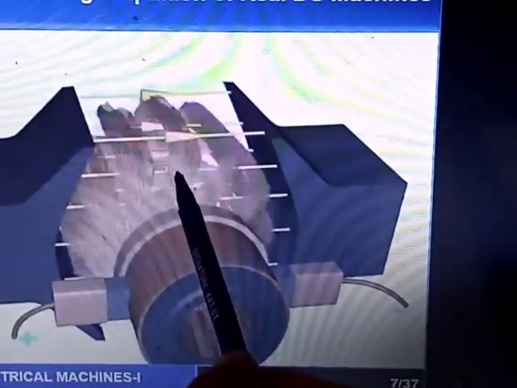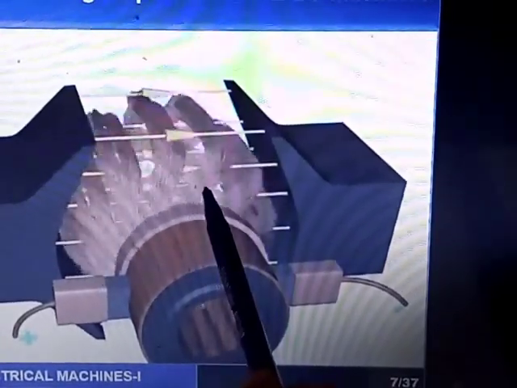As you can see in this figure, this is the north pole and this is the south pole. This is the static part of the machine, that is, this part is called the stator, and the rotating part of the machine is called the rotor. The winding across the rotating part is called the armature winding, and the winding across the static part, that is across the north and south poles, is called the field winding.